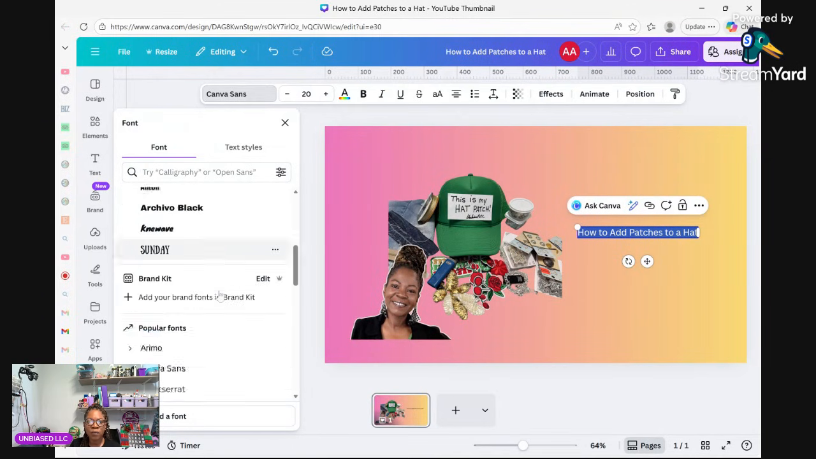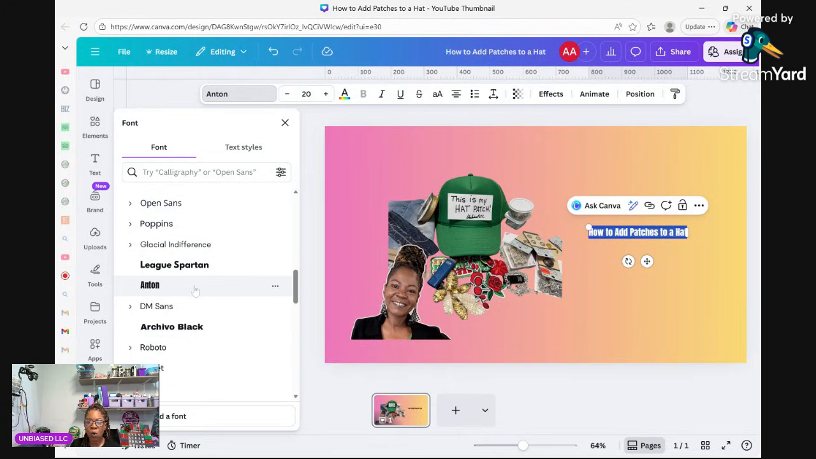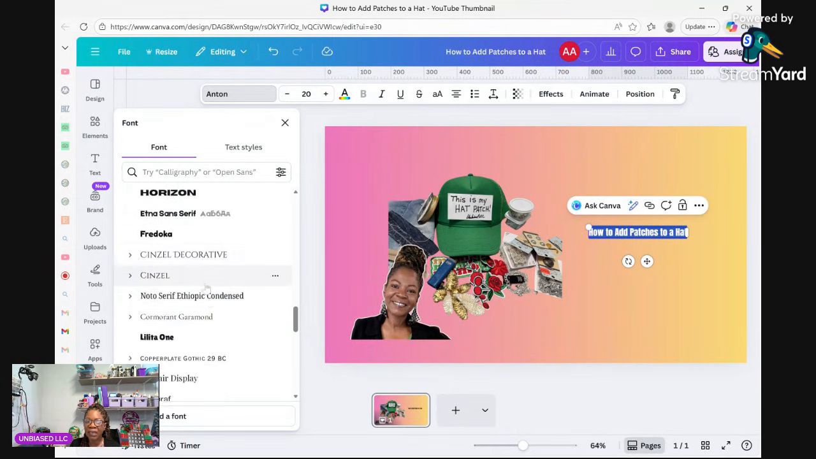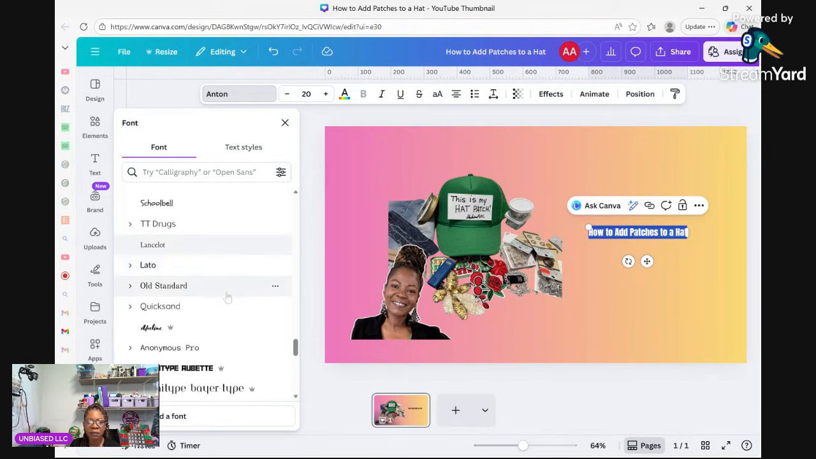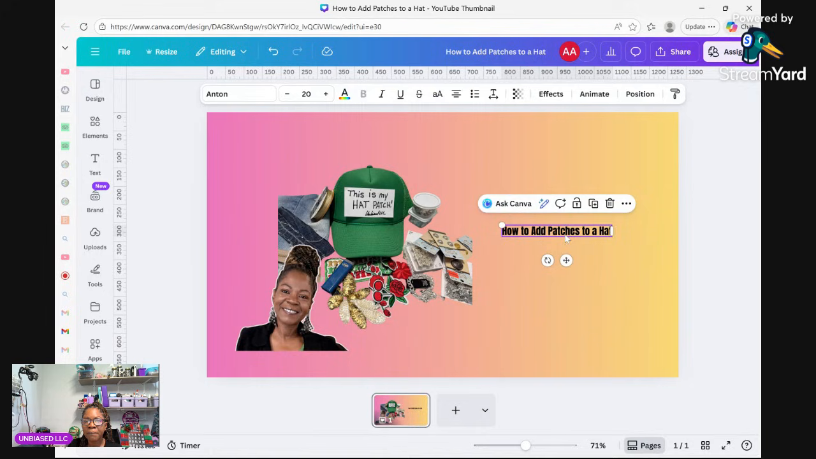So take note that if I use anything with a crown on it, that means that's the paid version. You can only use those fonts with the paid version of Canva. But I'm going to use anything that's free. It doesn't have a crown on the side of it, okay? I like to use Anton because it's a bold font. That's my preference, but you can go through this list and find any font that you like and use it, okay? So now that I have my font,